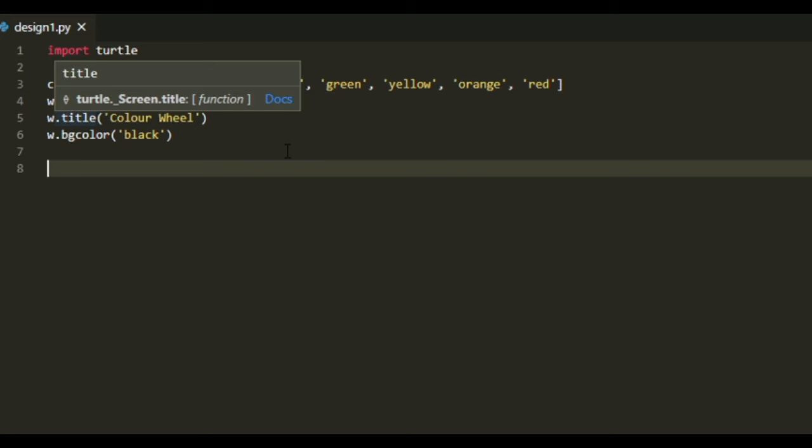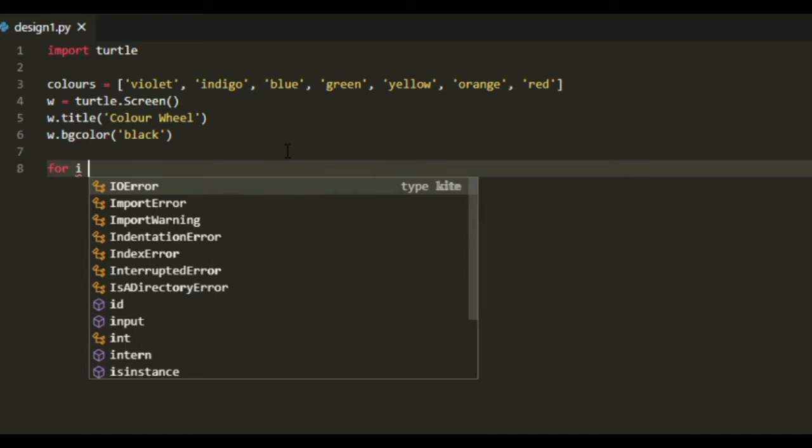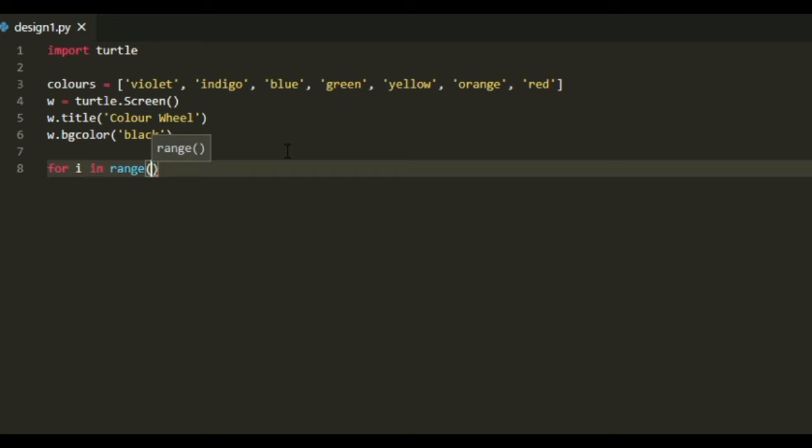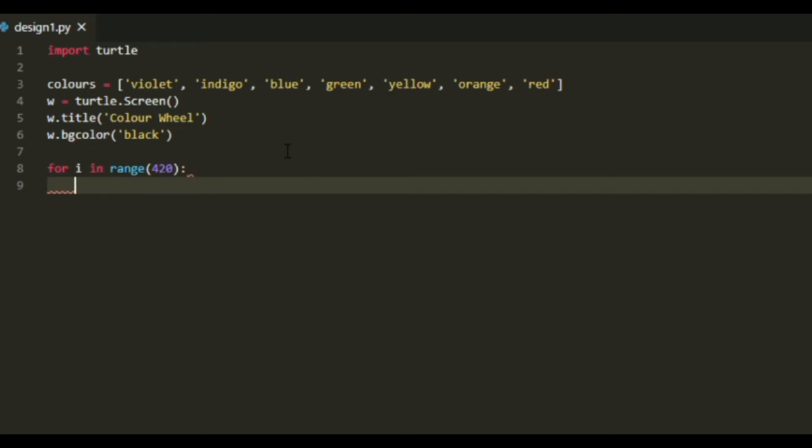So now we'll write for i in range. This is our main loop, and we'll just write for i in range 420, because an equilateral triangle has 60 degrees on all three angles.